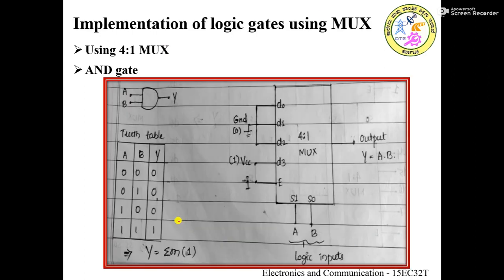Another important application of multiplexer is we can implement the functionality of logic gates using them. So usually we will illustrate the implementation of all gates using 4:1 mux, as well as in a later session we will implement them using 2:1 muxes also. Here, while implementing the logic gate functionalities, the first thing that we have to note is, if you are using a 4:1 mux, means